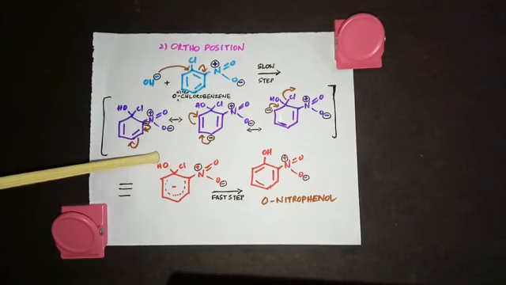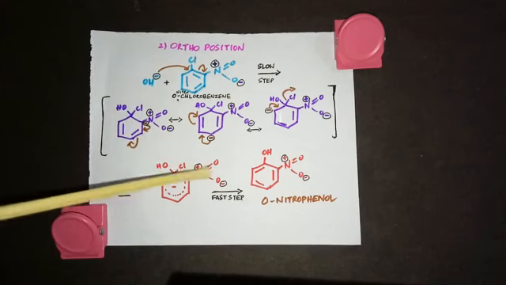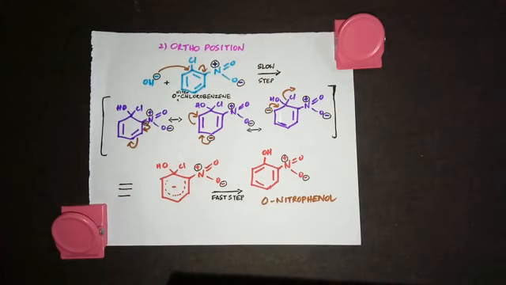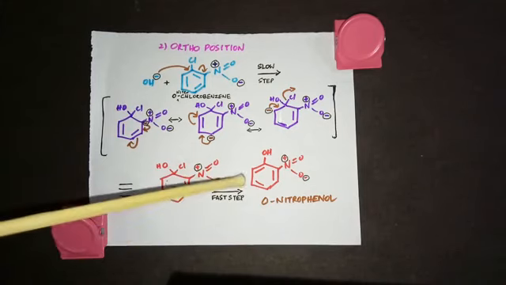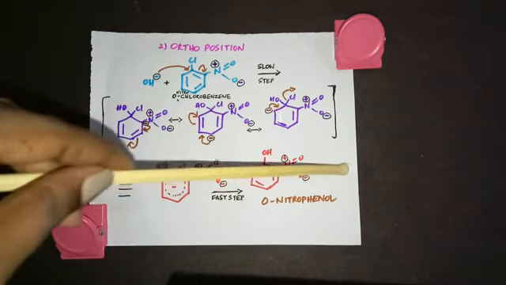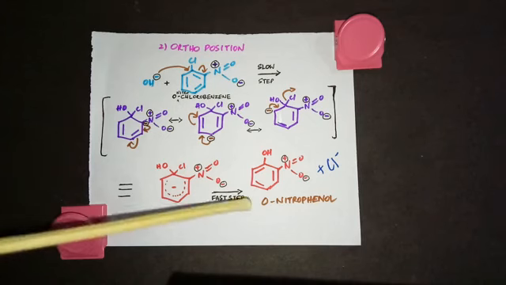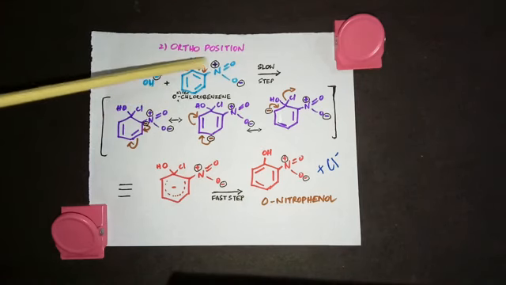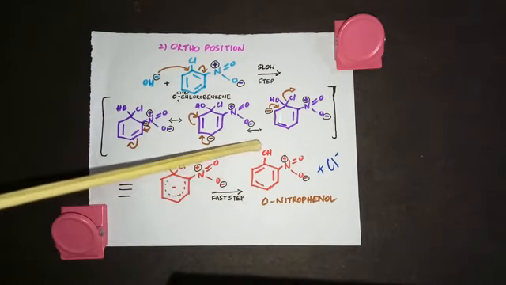Cl minus. So all these three resonance structures, canonical forms, are equivalent to this resonance structure. So here you have an OH, here Cl, and this is the resonance represented with the dotted line. And this is the nitro group at the ortho position. Now this is the next step, which is the fast step, in which the Cl will go out as Cl minus. Let me write it there. So Cl will go out as Cl minus, and you are getting ortho-nitrophenol. You started with ortho-nitrochlorobenzene, you are getting ortho-nitrophenol.